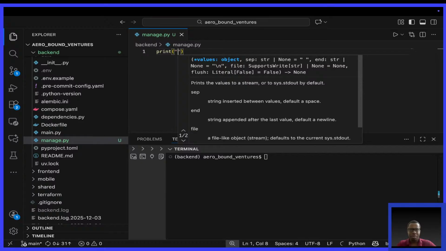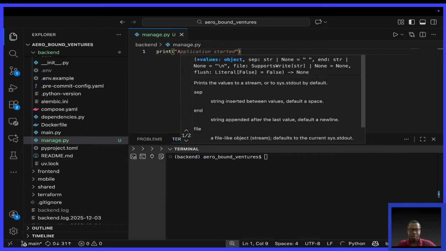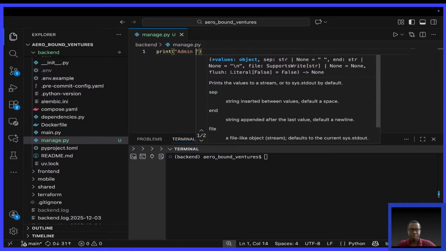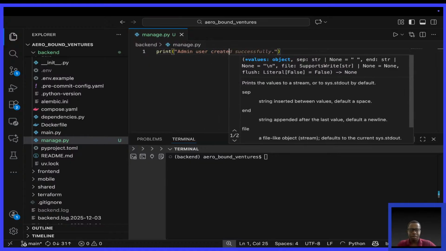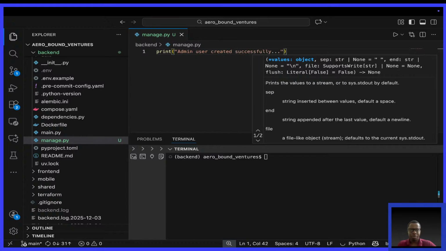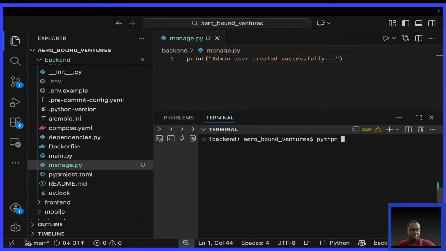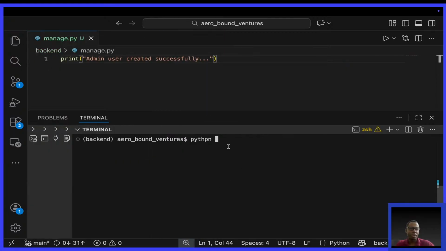Superadmin user created. Okay, just something simple. So I'll come and say Python. Let me expand this so that you can see it better. If you can't see it, please don't hesitate to mention in the chat. So when I say something like Python manage.py,